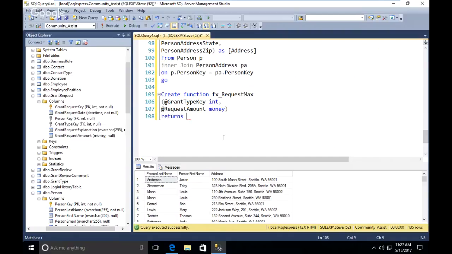We're testing to see if the request amount is less than max. We could return the difference, I guess. Let's return money. What I'm thinking is if it's less than it, it'll come back as a positive number. If it's more than, it'll come back as a negative number. I'm not sure if that's how we'd really want to do it, but